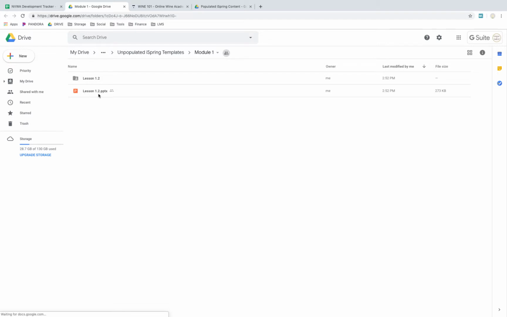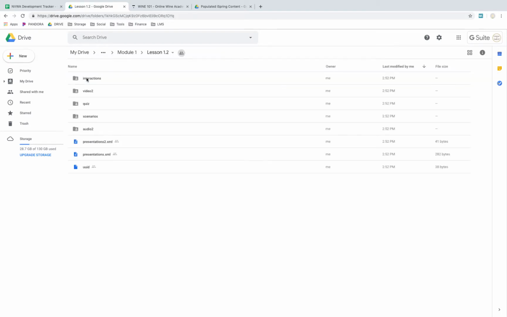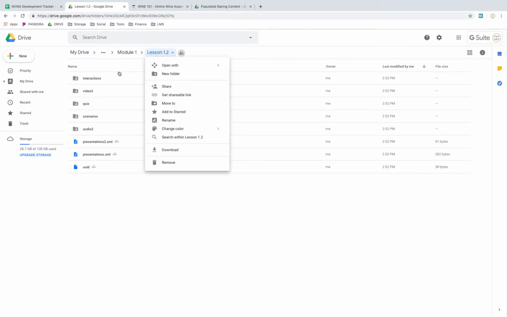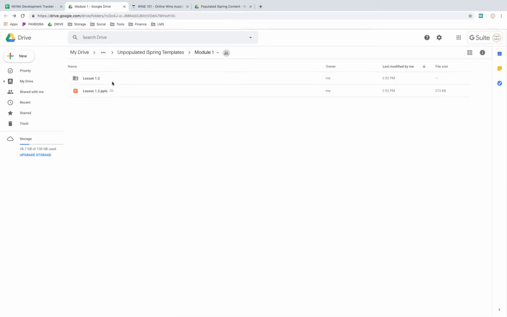This one is the PowerPoint. If you have iSpring open, you should not have to download this. This has all of the components that go into the iSpring interaction. But the way it's been working for me, for some reason I can't explain, is that if I just download this PowerPoint, then I am able to see the iSpring tab and all the iSpring materials. So you basically just download this and